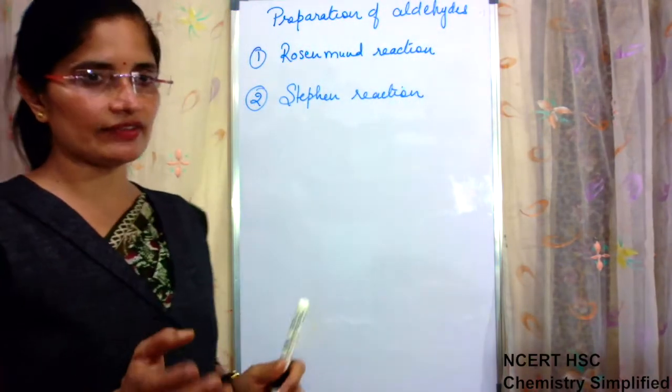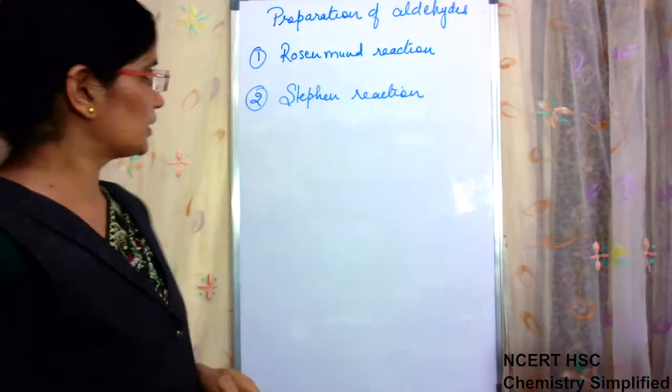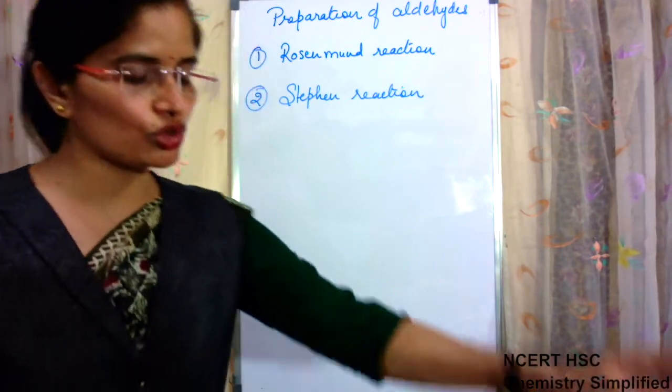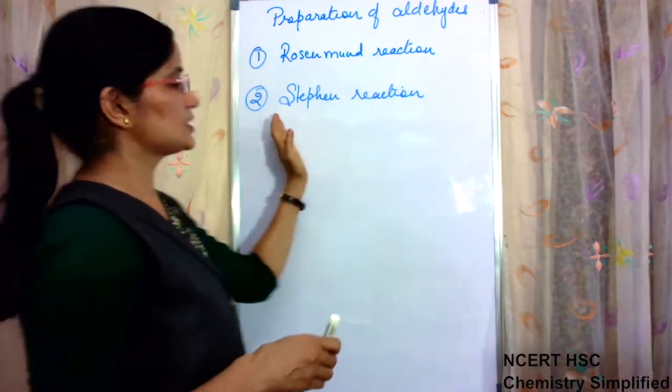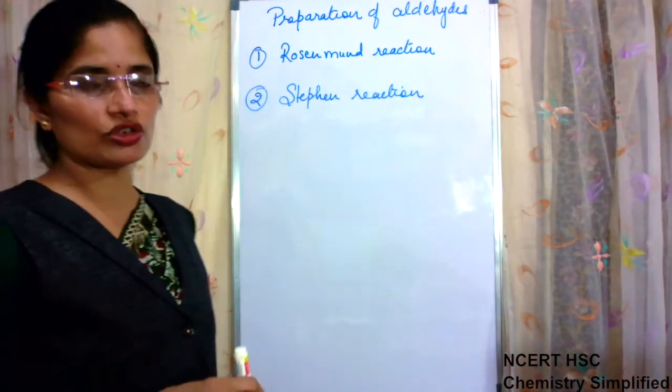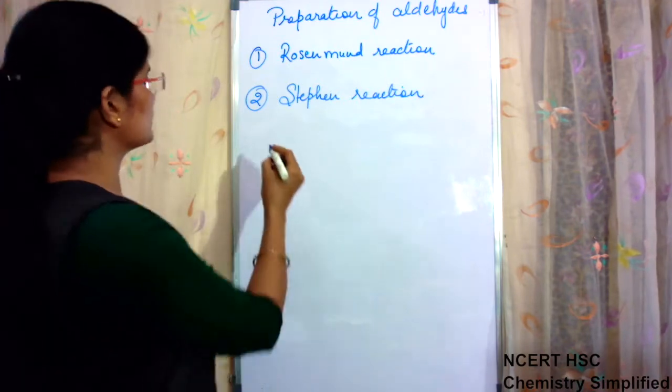Previously we have done methods which were common for aldehydes and ketones. Now we are doing methods which can be used to prepare only aldehydes. So Rosenmund reduction was done, Stephen's reduction or reaction was also done. So let us again continue with Stephen's reaction, in which